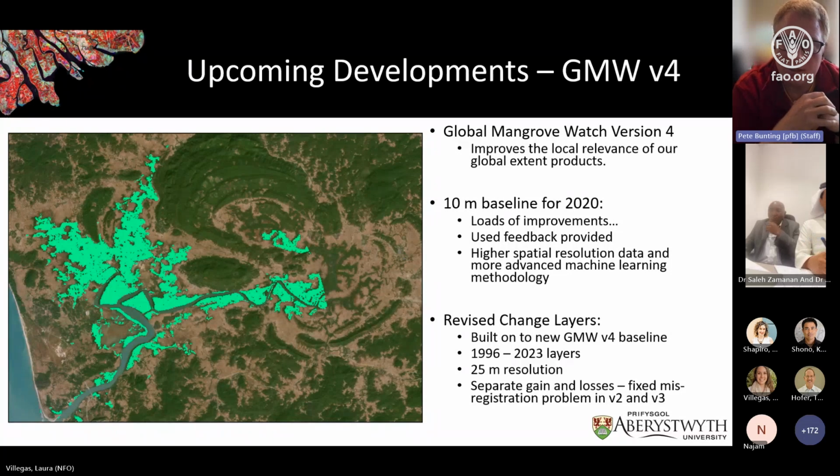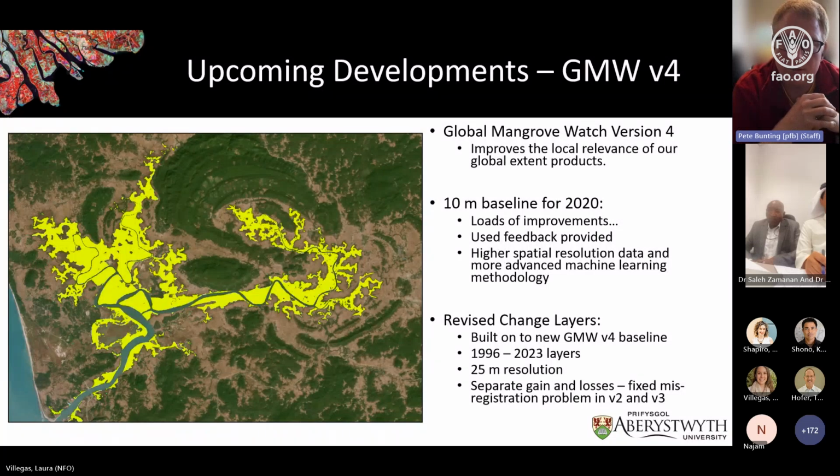What you can see on the left here is an example of Global Mangrove Watch version 3. One more thing we're trying to do with the new update is to improve the local applicability of the data set. So this is improving the resolution to 10 meters, but also improving the quality of the data. If you flick to the next step in the slides, this is an example of version 4. You see we're capturing the river channels much more clearly. There was an area that was completely missed in version 3, so it's a much more complete map. And this new baseline, the 10-meter baseline, is already available on the Global Mangrove Watch portal. So if we go to the next slide,